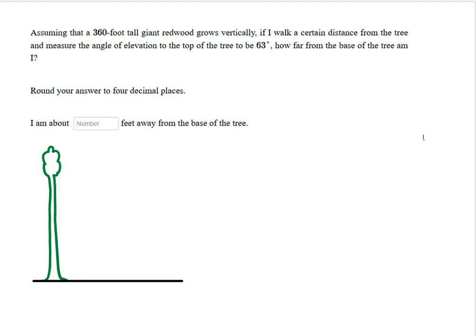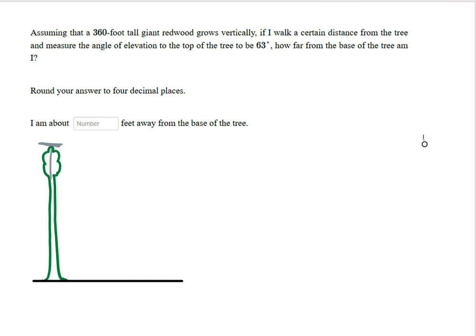All right, I'm going to impress you with my amazing drawing skills. That is my giant redwood tree, and when they say it grows vertically, they mean it's perpendicular to the ground. And then we're going to walk a certain distance from the tree and measure the angle of elevation to the top of the tree. So the top of the tree is right here,